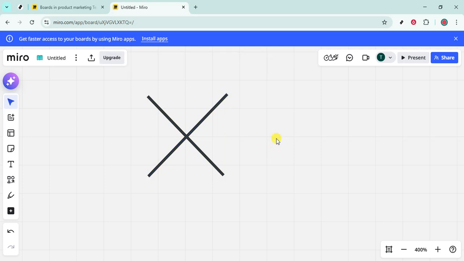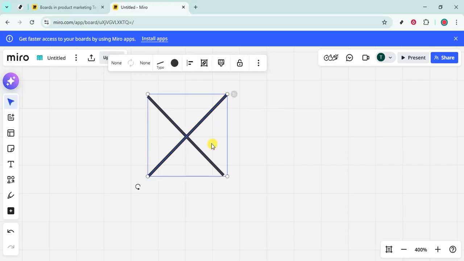If you plan to move or resize the X later, it can help to keep both lines together visually. Just remember where they intersect and move them as a pair to maintain symmetry. And that's it. You've created a perfect X in Miro using the Line tool and the Shift key for